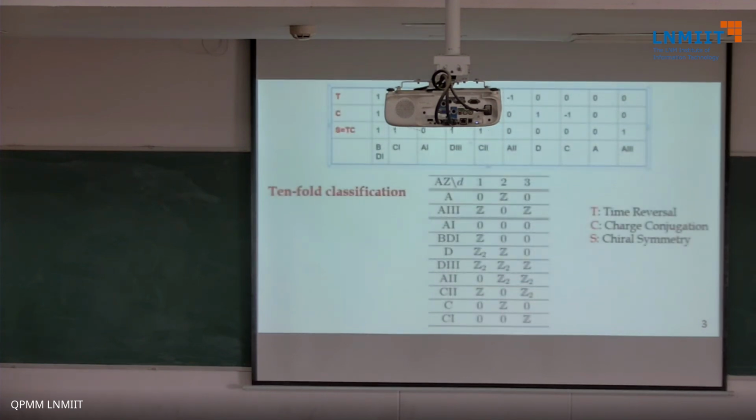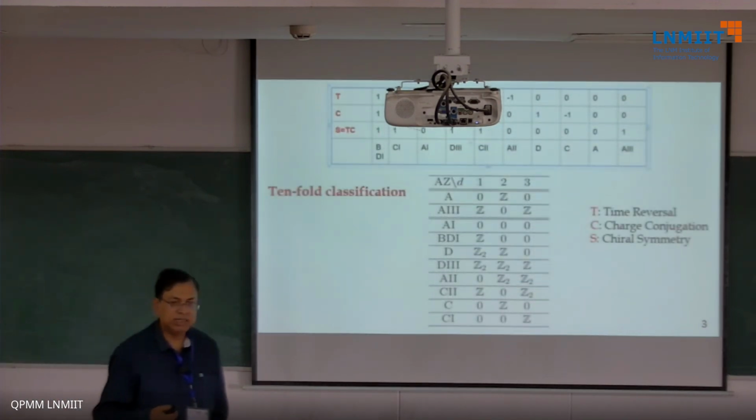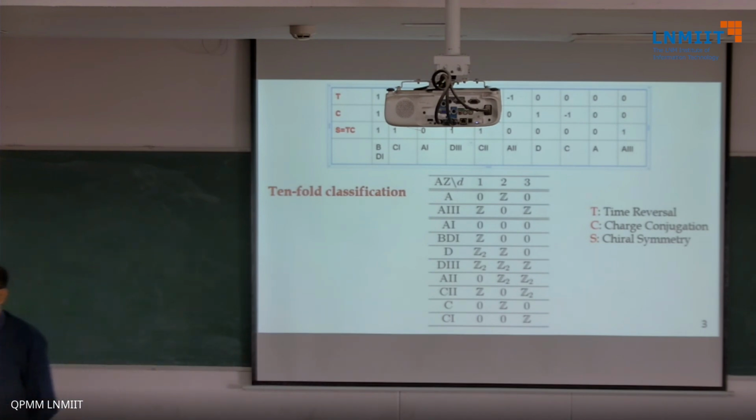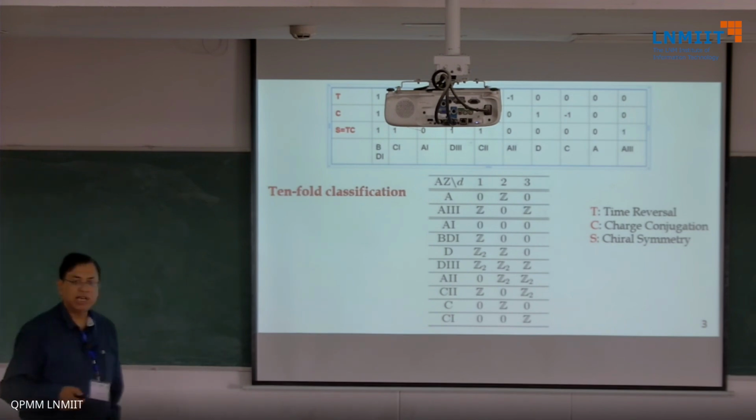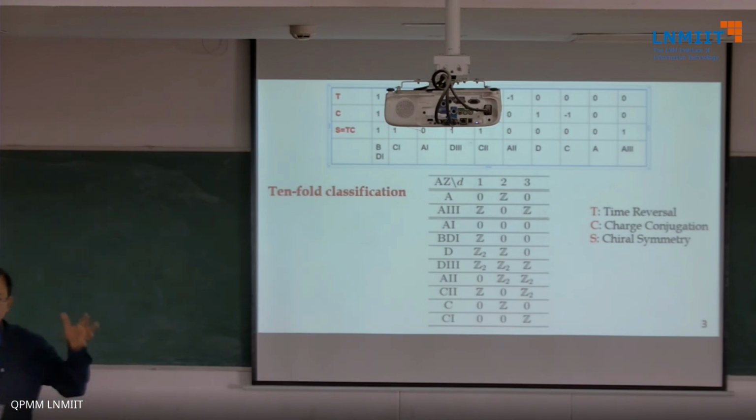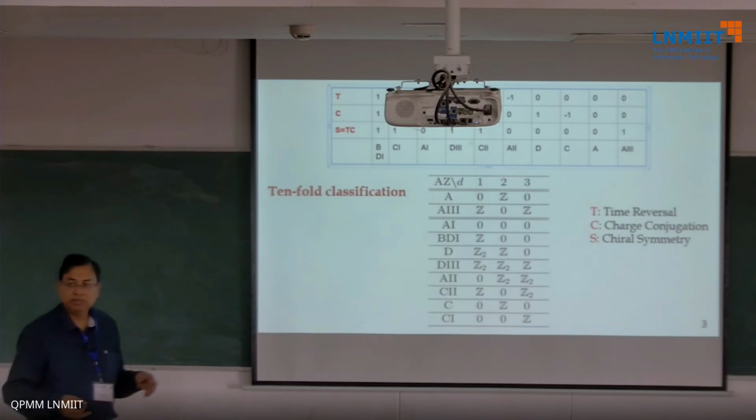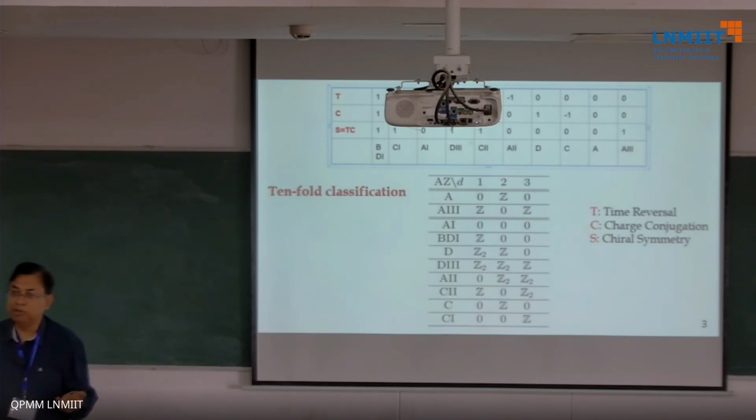People started recognizing that there are very nice symmetries of the problem which need to be taken into account. Just like when you have too much information, you want to put it in the form of a table, which is the easiest way to represent it. We've seen how nicely Mendeleev's periodic table was coined, where going from left to right you have larger ionic radii, electronegativity and so on. These are organized depending on the symmetries, and the symmetries fall into different classes.